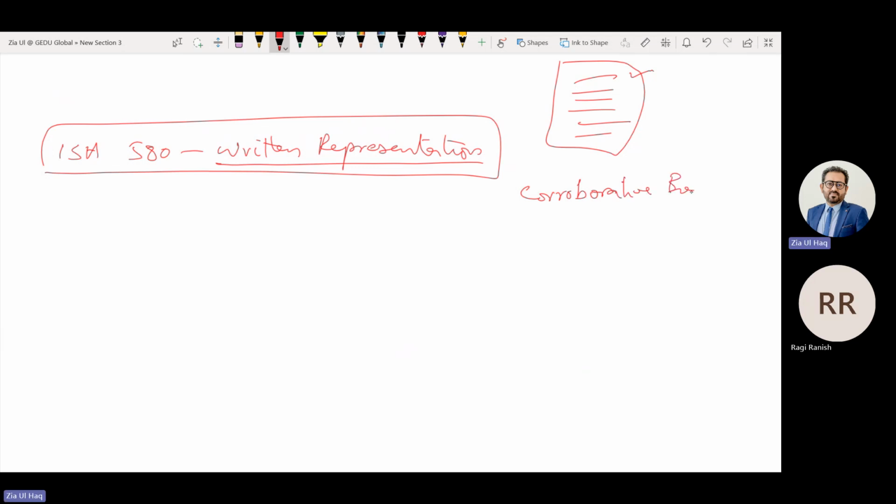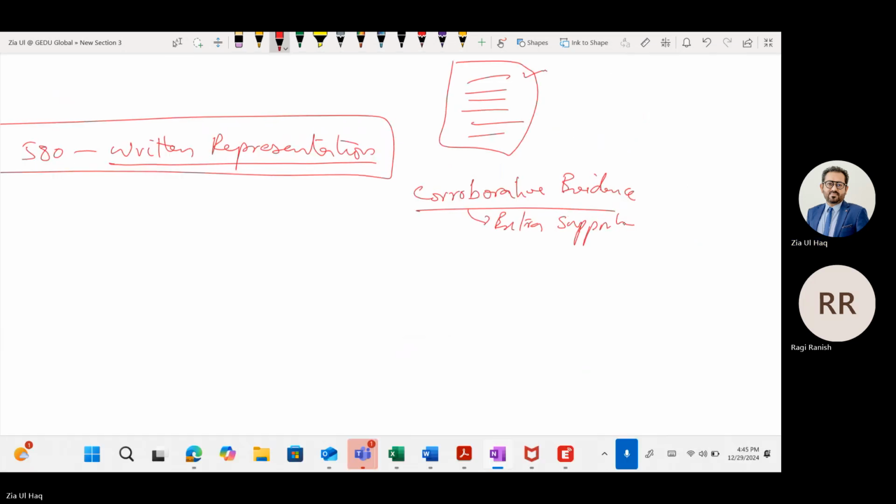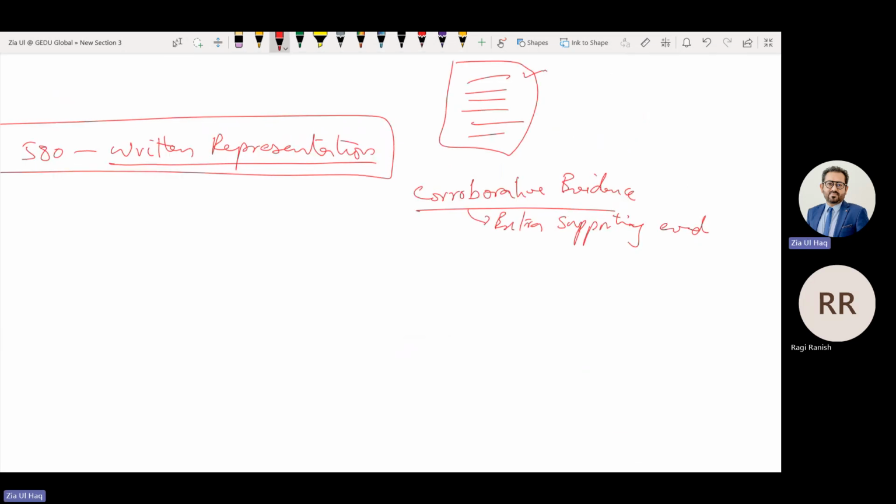Corroborative evidence means extra supporting evidence, the evidence that we have obtained while performing our procedures. If our corroborative evidence is not sufficient, we require written representation.